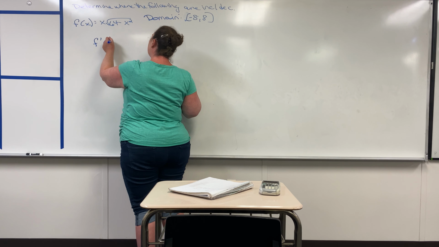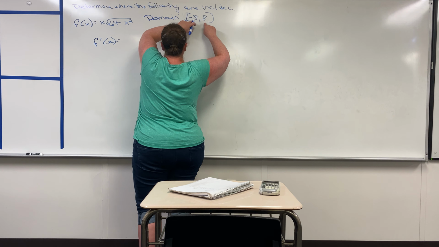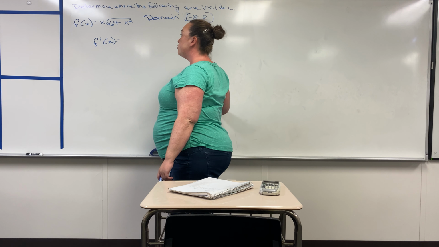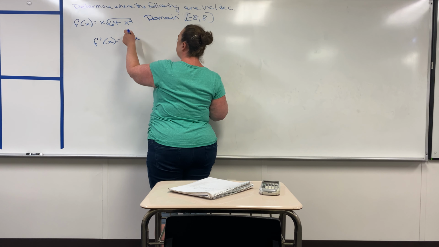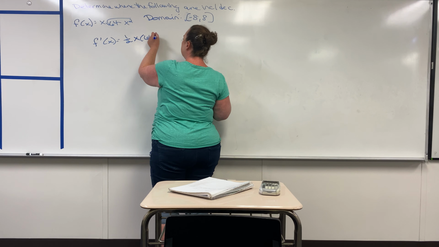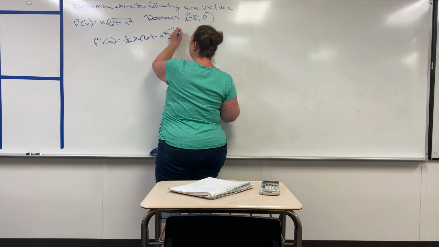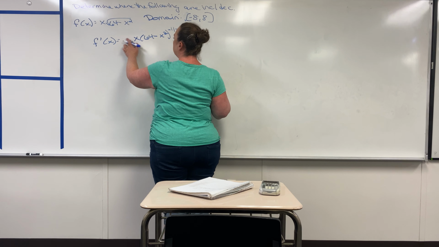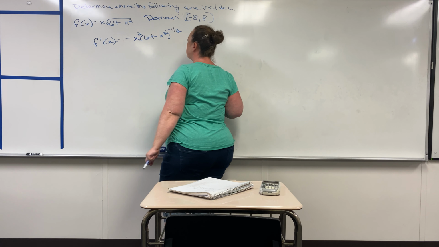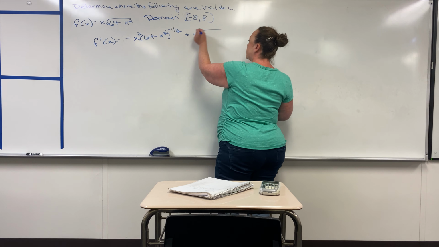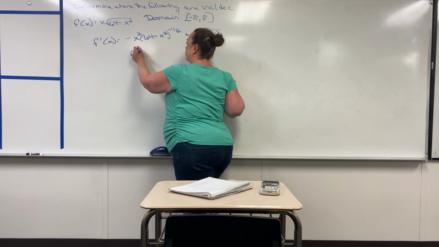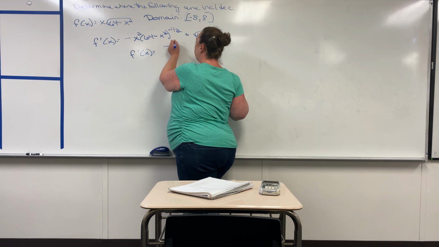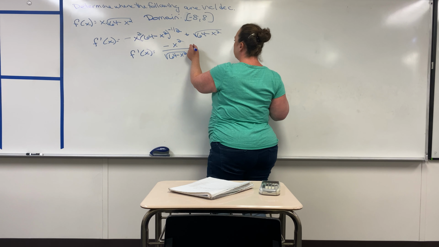So at this point you want to find your critical points, but you're only worried about the ones that fall between -8 and 8. So you want to find your derivative. So then you've got first derivative of second times -2x, so -2x, plus second derivative of first would be 1. So then you're looking at -x squared over